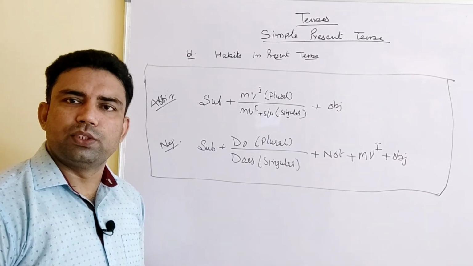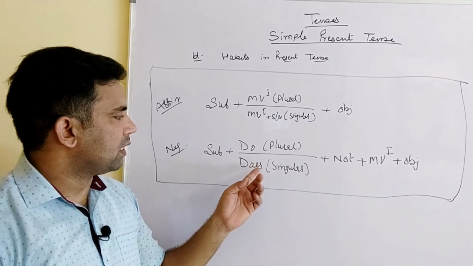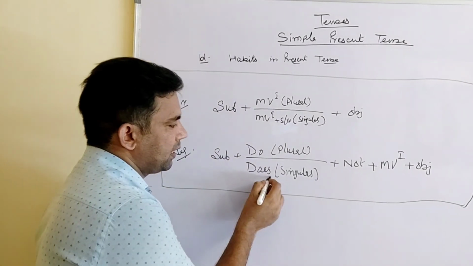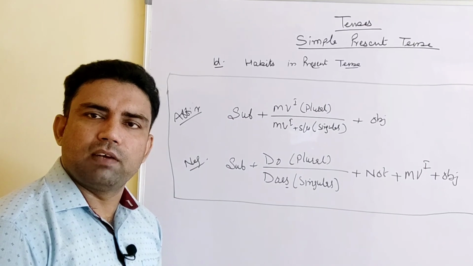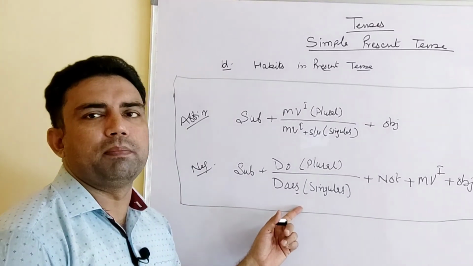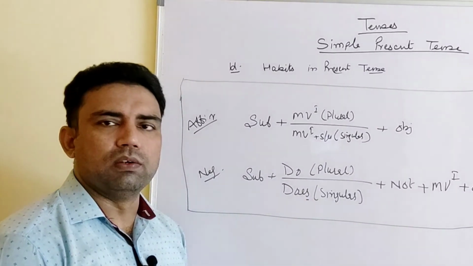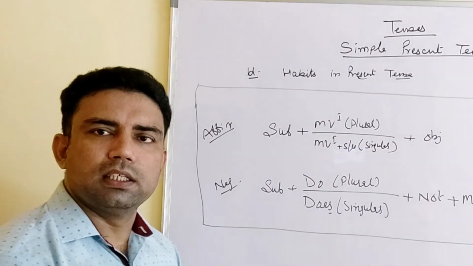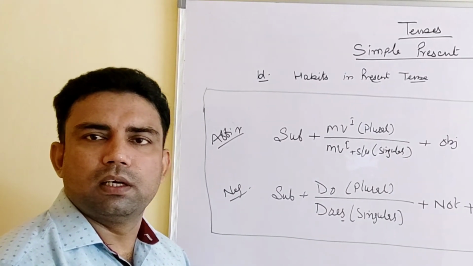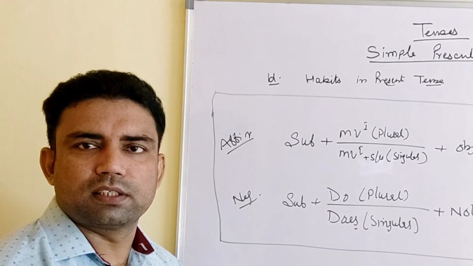Another trick you can use. It is very easy to remember does. Does means it has S for singular. Always keep in mind that when we have S in a helping verb, S for singular, that is used with a singular subject, and the other helping verb is used with plural subjects, right?